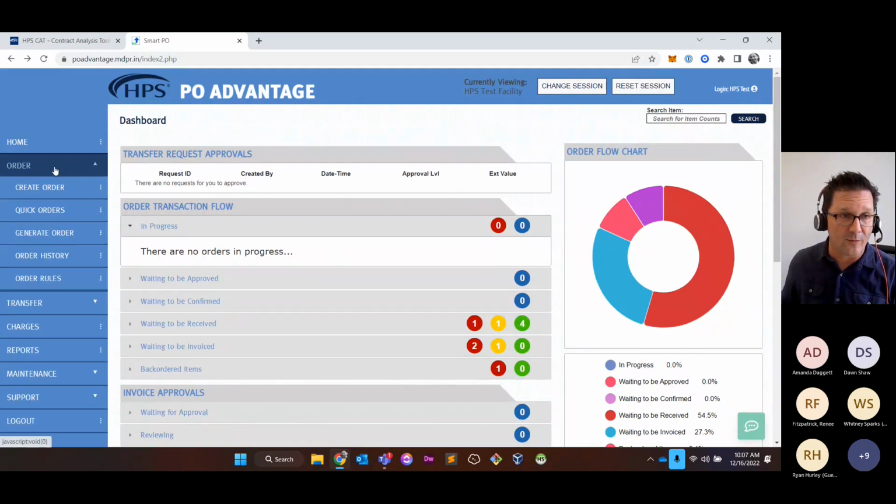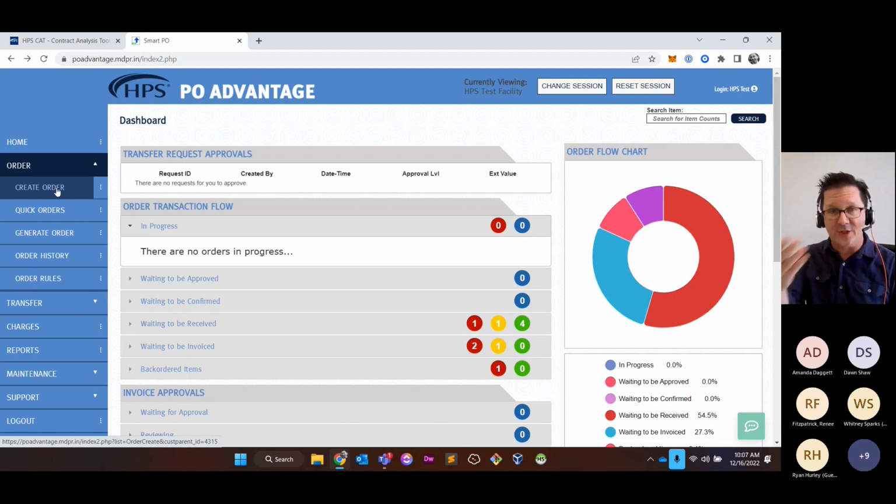So let's start over here on the order button. And the first thing you'll notice is there's a couple of different order buttons here. One of them is the create order function, which we'll look at in just a second. We have multiple ways to generate a purchase order inside of PO Advantage. One of them is just generating a standard purchase order by searching, typing, and selecting items. Another methodology is through a mobile device. So we have a mobile app for both the iOS and the Android platforms to allow you to generate an